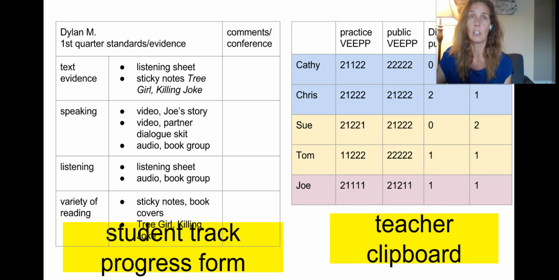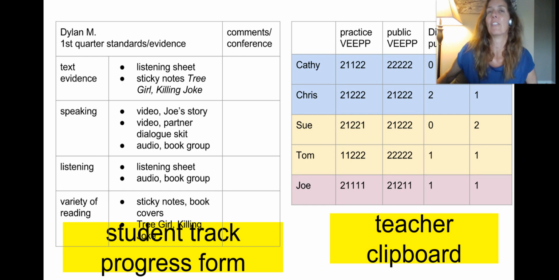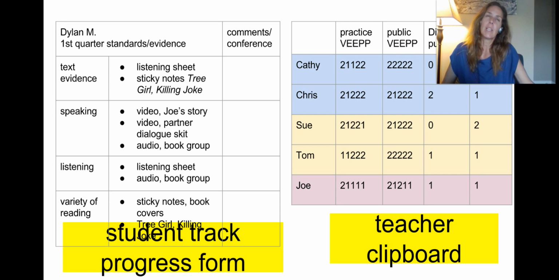And whether they do it week 2 or week 8 doesn't really matter. I know all this is a lot to wrap your head around if you've never done something like this before. But think about it. Someone may not be ready to do something about text evidence or citing a passage from a book at week 2, but after they've read several books and they can compare different books or different stories or characters,